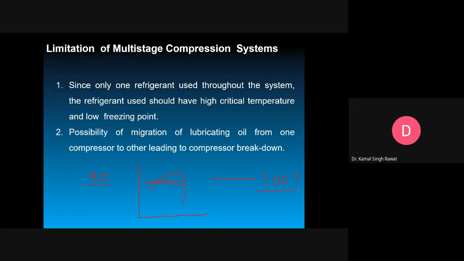And if your evaporator temperature is too low, you have to choose a refrigerant whose freezing point is less than -100 degrees centigrade. Otherwise, the refrigerant will freeze in the evaporator. And if its critical temperature in the condenser is lower than 40 degrees centigrade or the environmental temperature, then the cycle will not remain in the vapor phase. Okay, so it is very difficult to find a refrigerant like that.